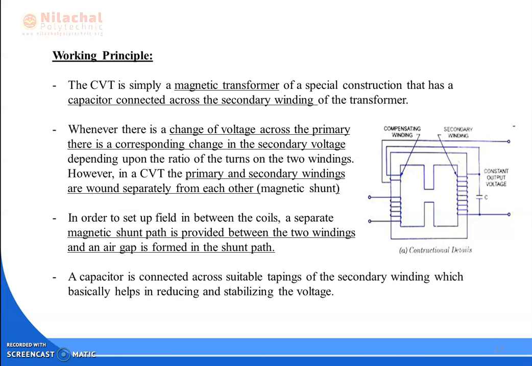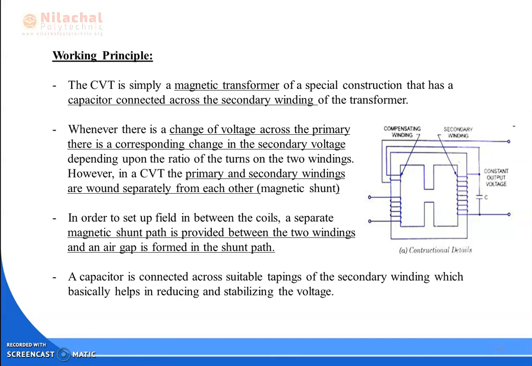Whatever the changes are, if the input voltage is high, how we need to stabilize it, if the input voltage is low, how we need to balance it, is done in the secondary winding part. So basically it is adjusted by the resonating capacitor that is connected in the secondary winding. At the last point we can see the capacitor is connected across suitable tapings, or we can say with the help of the resonating winding of the secondary winding, which basically helps in reducing or stabilizing the